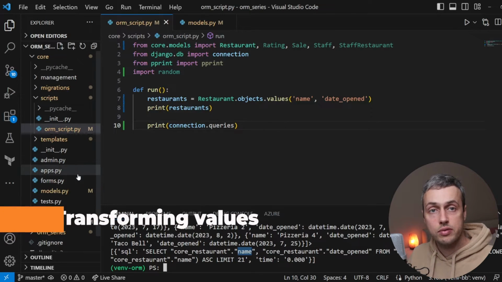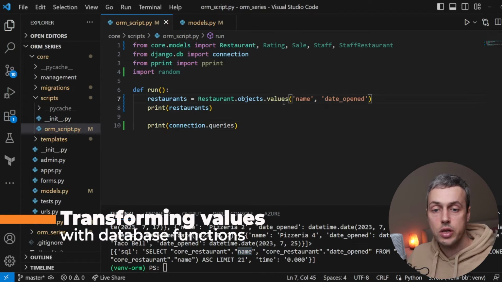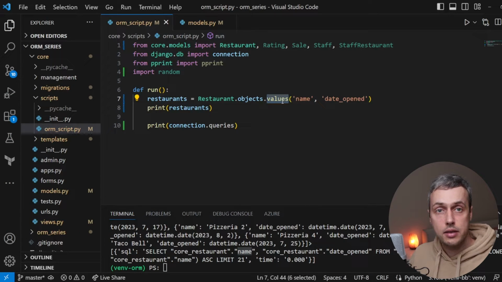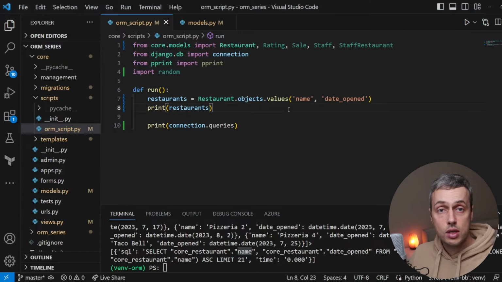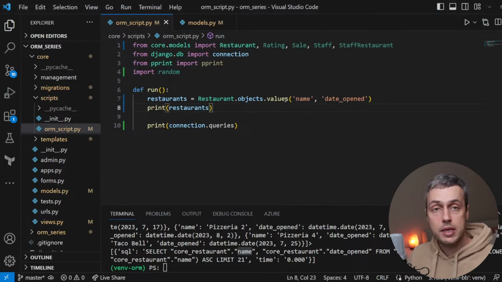Let's now move on to something a little bit more complicated. It turns out that the .values function can take additional keyword arguments, and these can be used to transform fields and perform aggregations on some of the fields that we're fetching from this particular function. So for example, let's say that we not only wanted to get the restaurant names, but we wanted to get them in uppercase. What we need to do in order to do this is use a Django database function that's defined, and this will then run a function in the underlying database